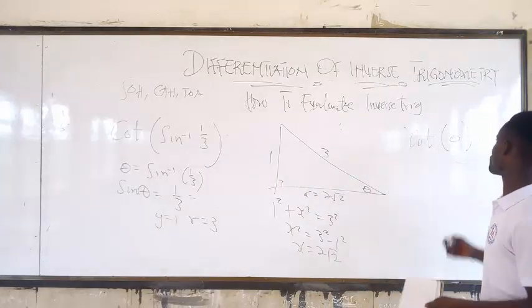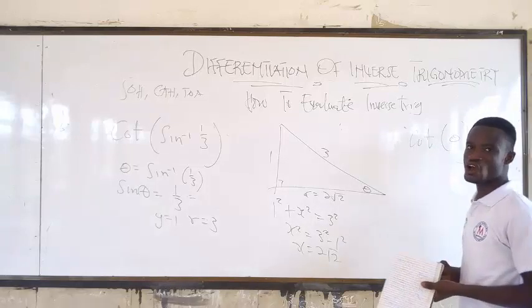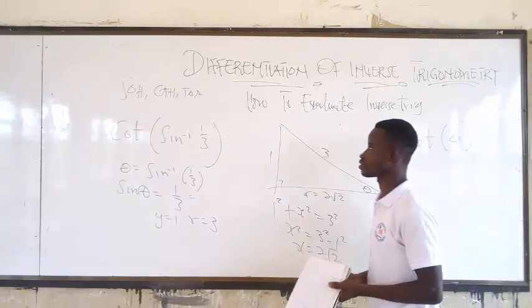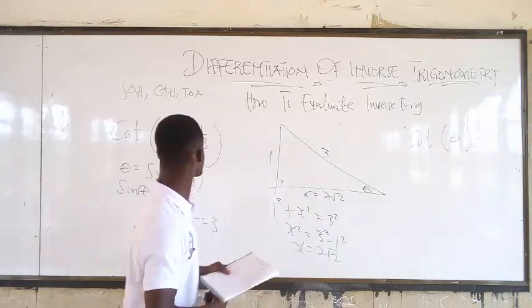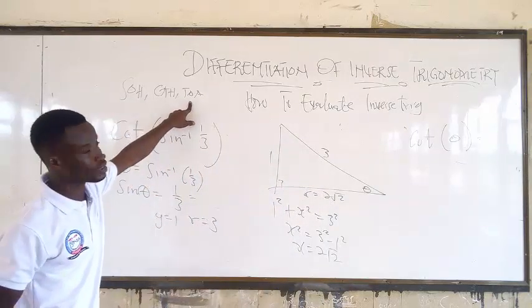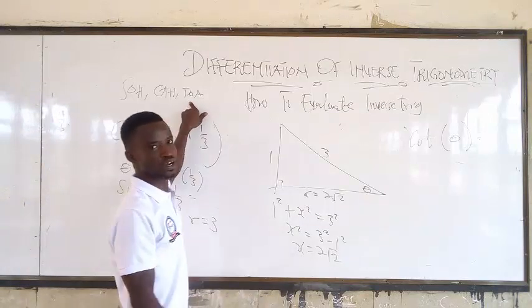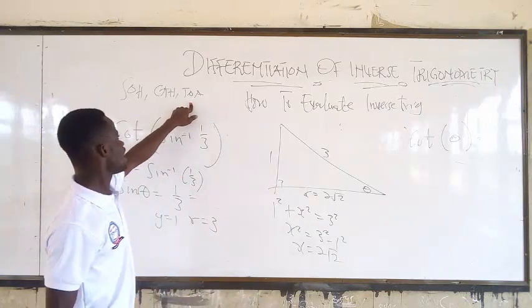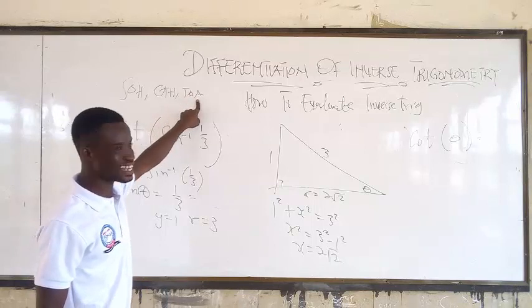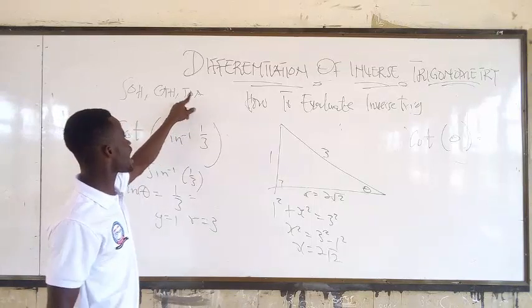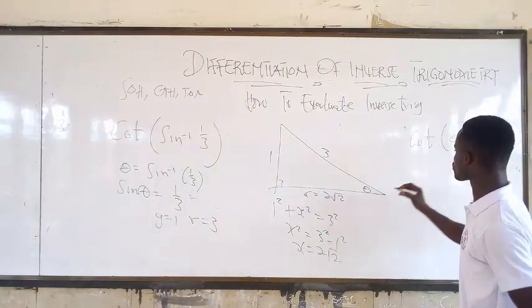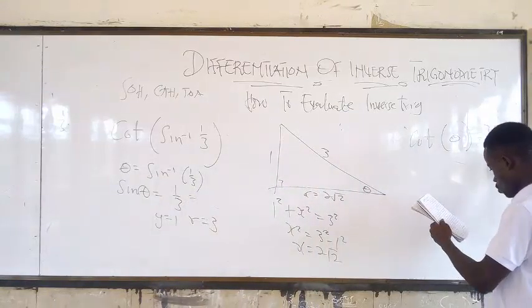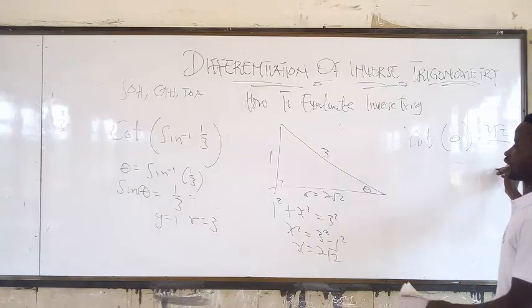So now, if you want cos theta, cos is adjacent over hypotenuse. So this is going to be 2 root 2 over